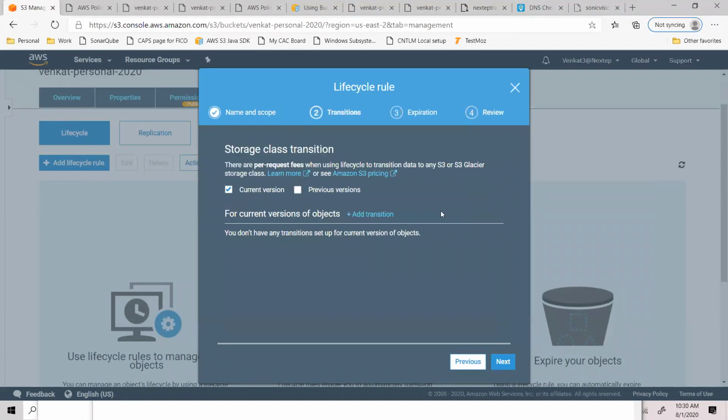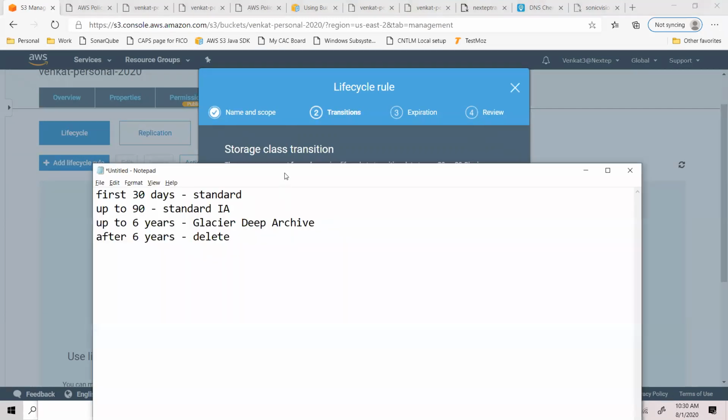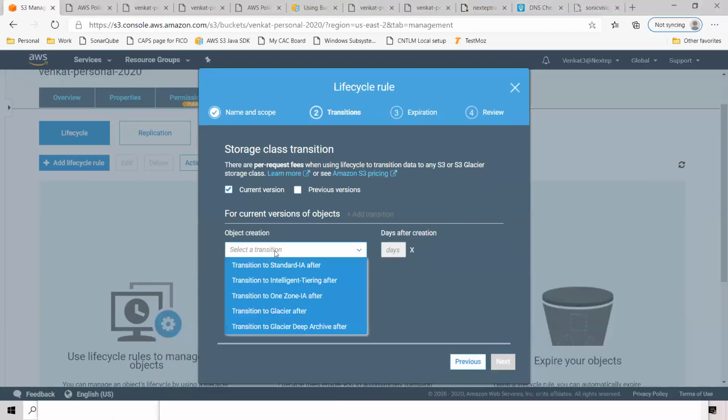Transitions, let's click on transitions. For current versions of objects, add a transition. We didn't apply any transitions here, so let's go ahead and apply the transition. Let's write down the rules. Please transition to standard IA after 90 days.